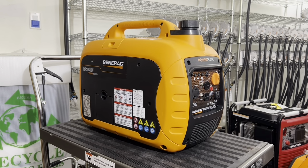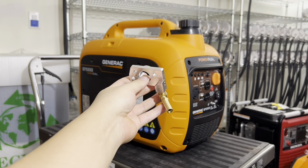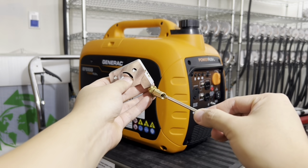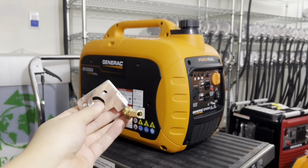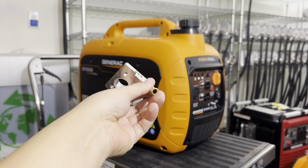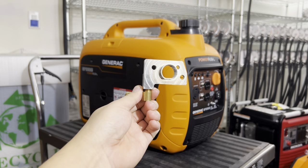Another question I get a lot is, how do I switch over to natural gas? And where is the propane jet orifice? So this is a fuel adapter, okay, that's going to be installed in that generator. If you peer down the brass fitting here, you'll notice there's a screw on the inside with an orifice. So you take your Allen key and remove that like this, and there's a jet orifice. Put it off to the side for safekeeping. When you have that removed, you slip the hose back on. That's it. You don't have to install anything in this fitting. It runs open like this, and you slip the hose back in, and you're all set on the fuel adapter